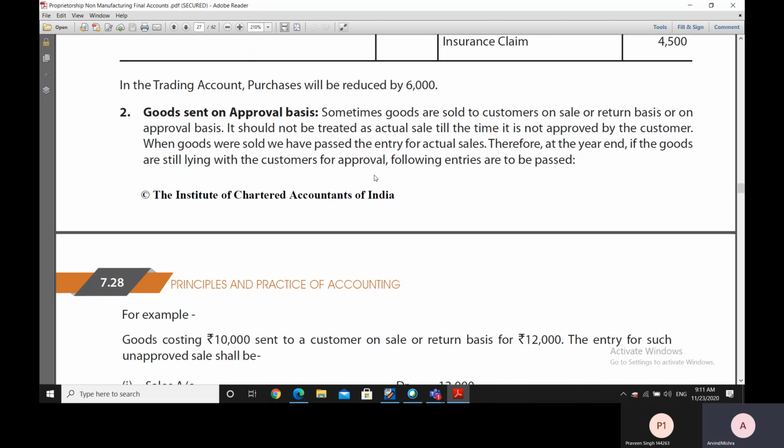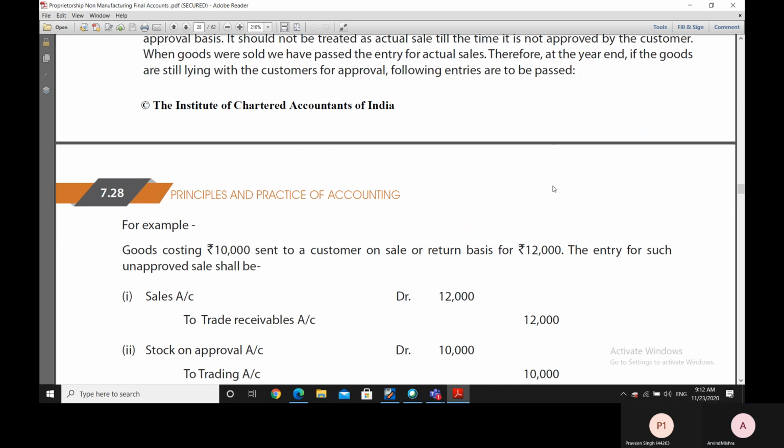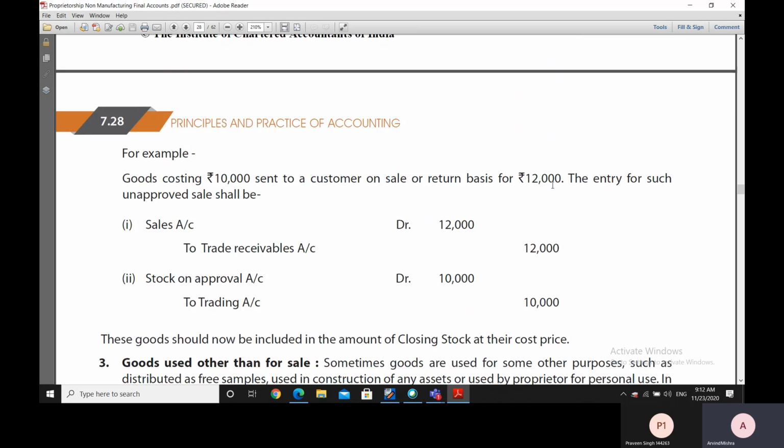Now, whenever we sell the goods, we pass the entry for actual sales. So at the year end, when some goods are still lying with the customers for approval, we have to pass certain entries. For example,